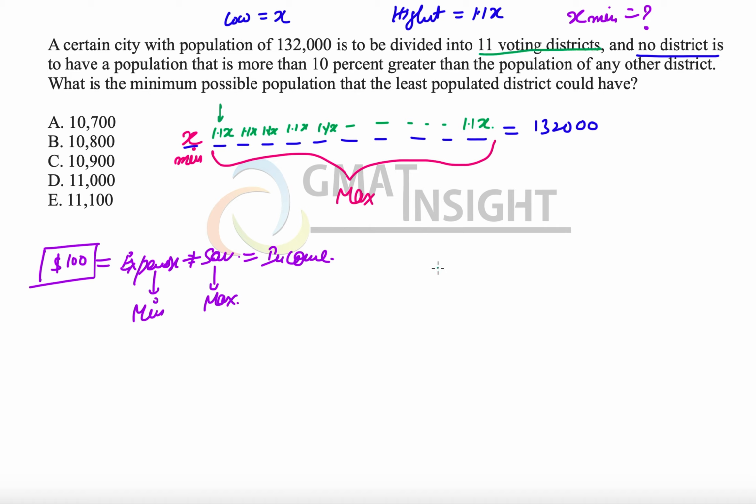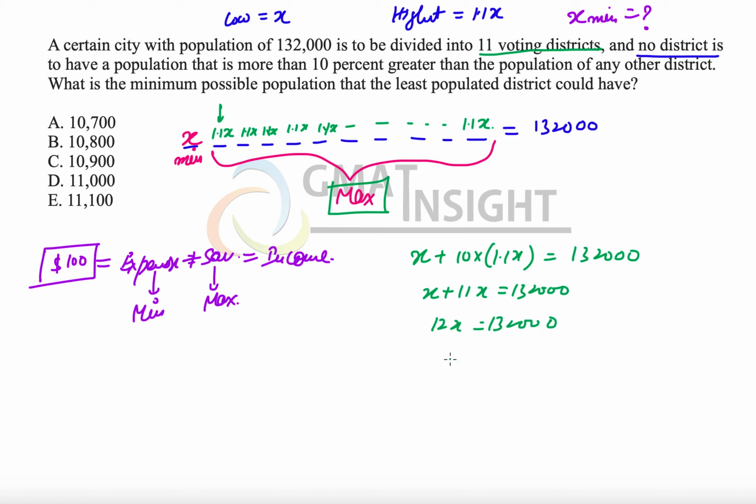That means one district has population x, the other 10 districts have population 1.1x, and the summation of them is equal to 132,000. And we have taken it with respect to the logic that if one thing needs to be minimized, then everything else should be maximized. Now we simplify it. x plus 11x is equal to 132,000. That gives us 12x is equal to 132,000. That gives us x is equal to 11,000. So now we know that the minimum possible value of x will be 11,000, and therefore the answer should be